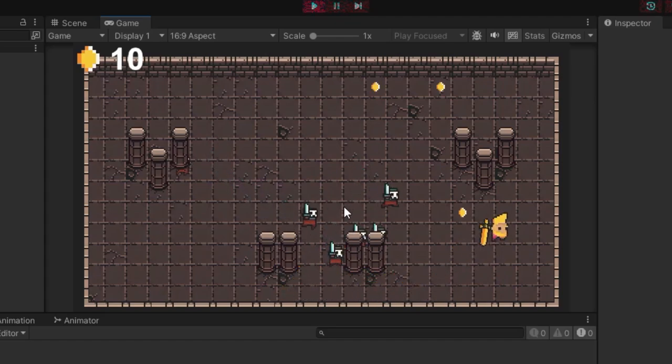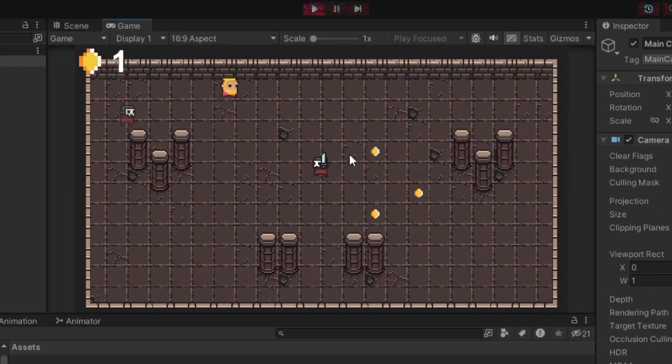In this video, we'll be creating a melee combat system that will knock back and daze the enemy. So let's begin. This is what we have right now, just a player with a simple player movement script and enemies that spawn